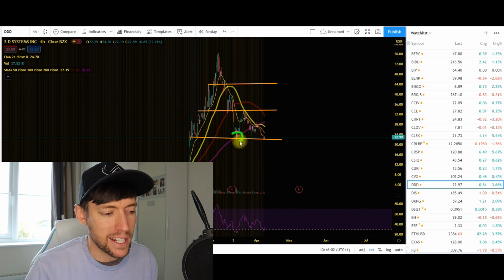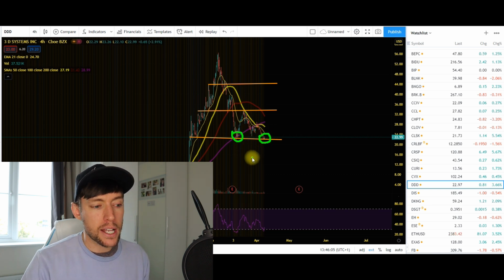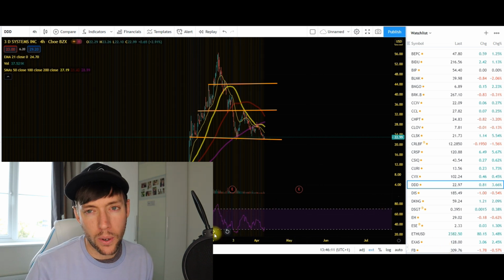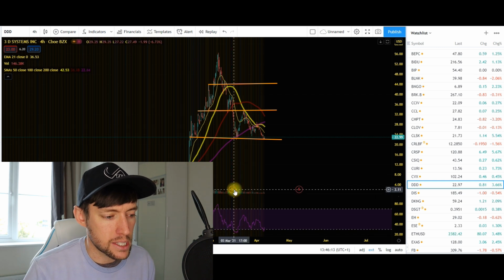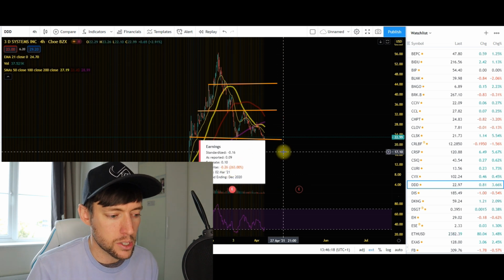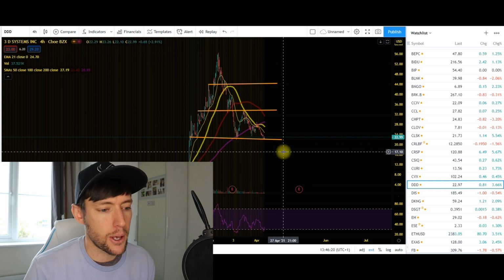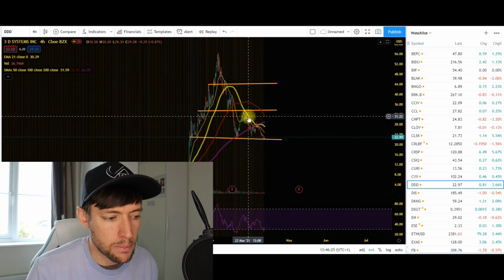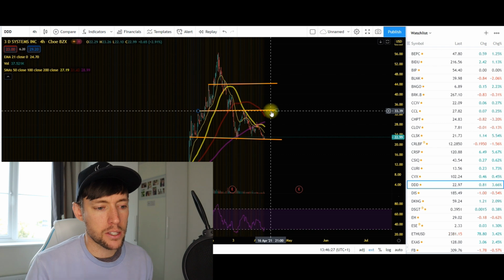So I'm going to bring up 3D Systems, which is ticker symbol DDD for you guys right now. This is another stock that I am currently watching in the 3D printing sector. Now you guys can see that they have also made a double bottom at the lows of $22.99, so around that $23 mark. You guys can see that we did have the earnings and they did actually miss on earnings over the last quarter, and this was just announced again just over the last couple of weeks, which is why we did see another sell-off. But guys, this is now in a corresponding channel, and again we can expect those highs of $33,